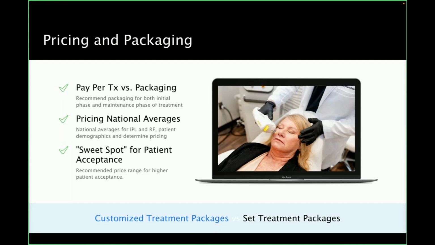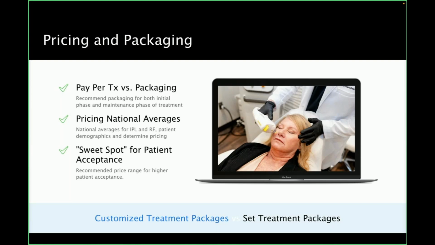So there's also the option of customized treatment packages versus set treatment packages. Now, the difference in those two: many people, I did this initially. I actually brought my IPL in and I hired a packaging company. It's a company who all they do is create packages for services, professional medical services. It got really confusing because we ended up having something like 8 different packages. The staff had a hard time remembering what they were. We had them printed out. Patients didn't know what they were.